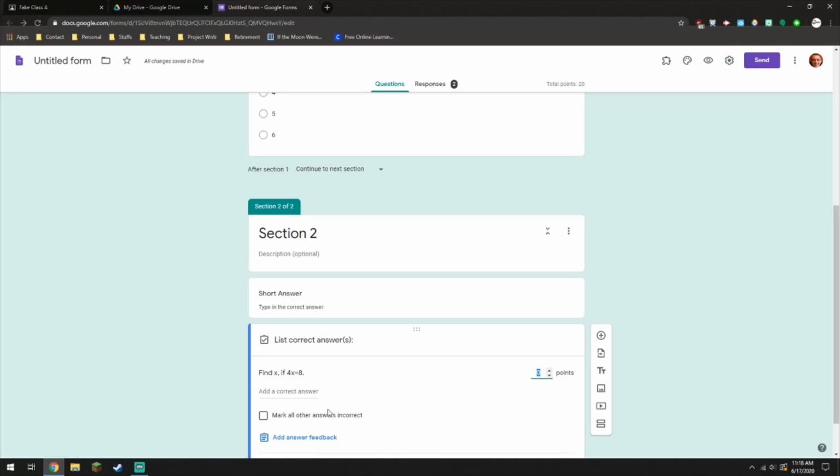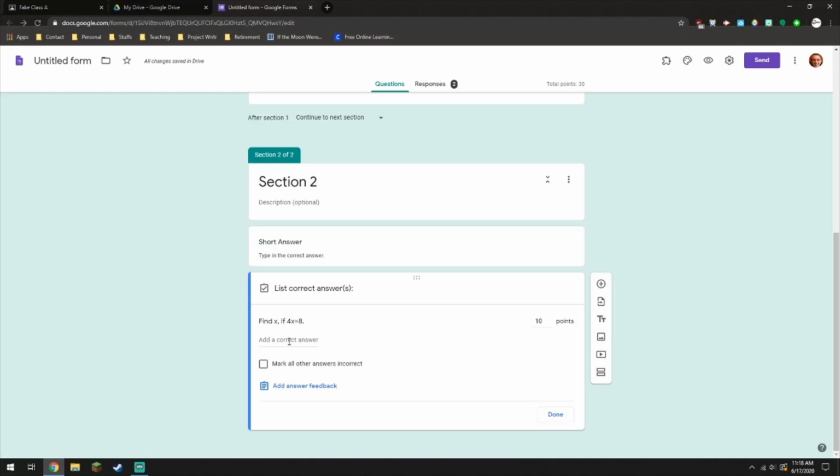So I'm going to click answer key, I'm going to assign it 10 points, but now I can add additional answers. So a correct answer, I can say x equals 2, right? Or I can say 2, right? You can add in different variables. So then that way, if a student answers using this method, it allows you to say, yes, they did get